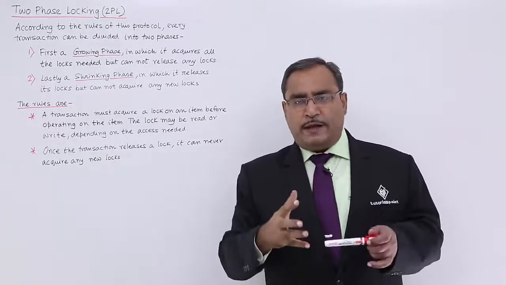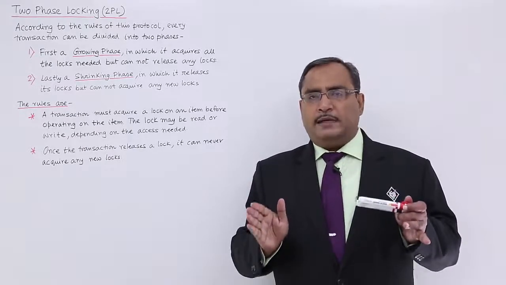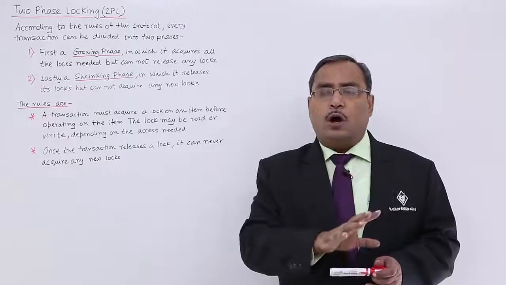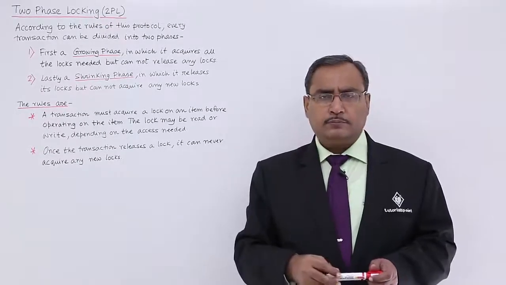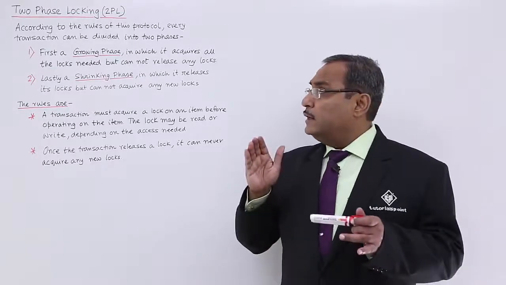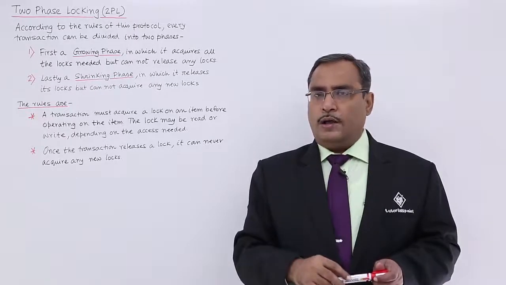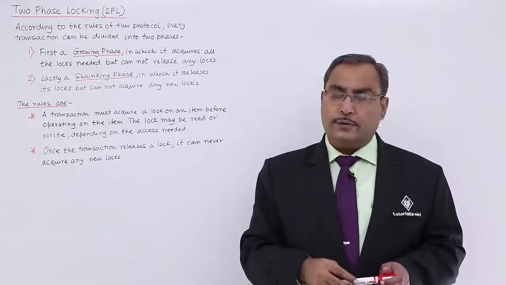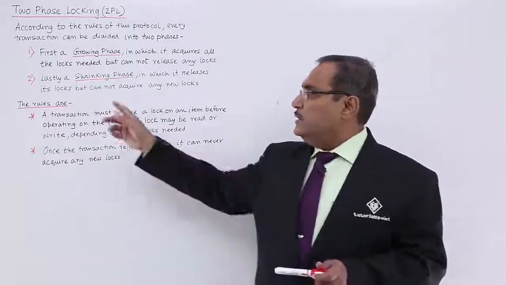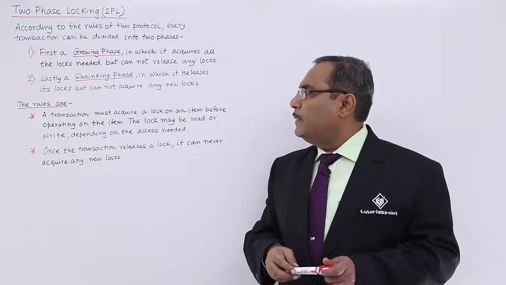So in the growing phase, a transaction may require some access over certain data items. Those data items will be locked either in exclusive lock mode or in shared lock mode. So in the growing phase, only locking will be done. No release of locks, that is unlocking, will be executed. And lastly, a shrinking phase in which it releases its locks but cannot acquire